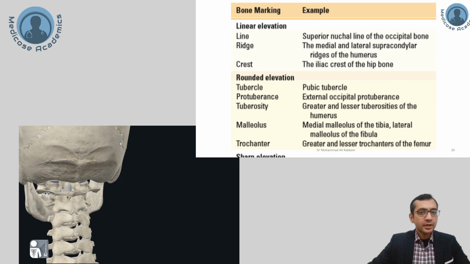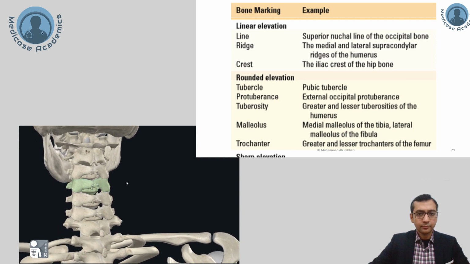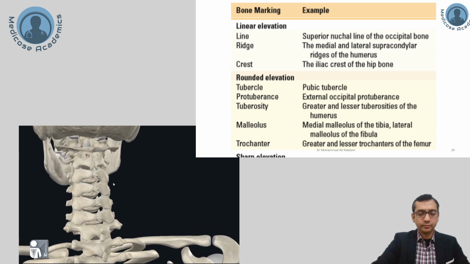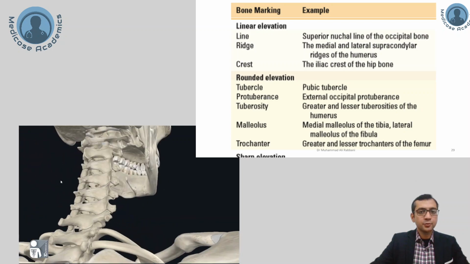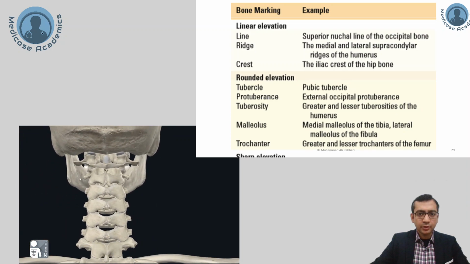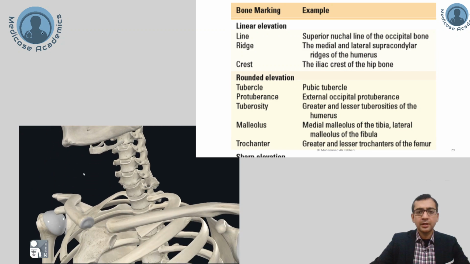Okay, superior nuchal line of the occipital bone. Similarly, these are the superior nuchal line of the bone, and there will be a lot of lines also. Like a line will be present here,